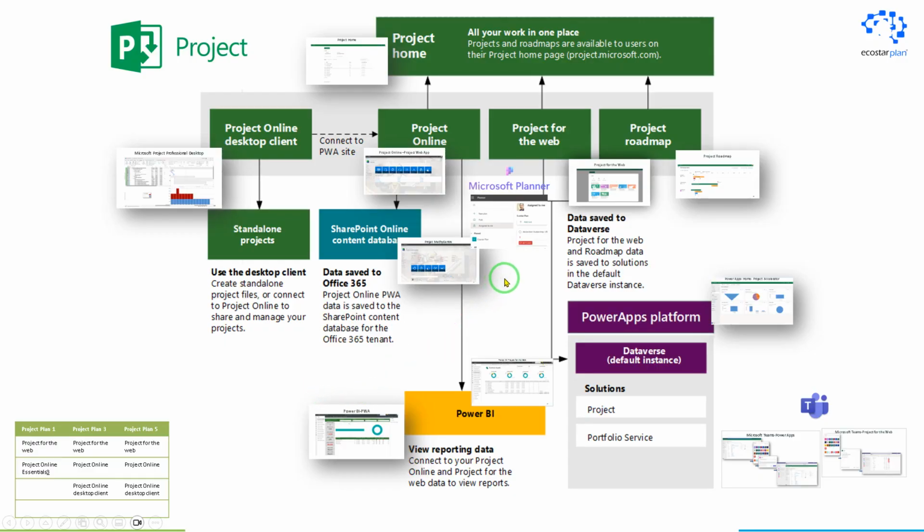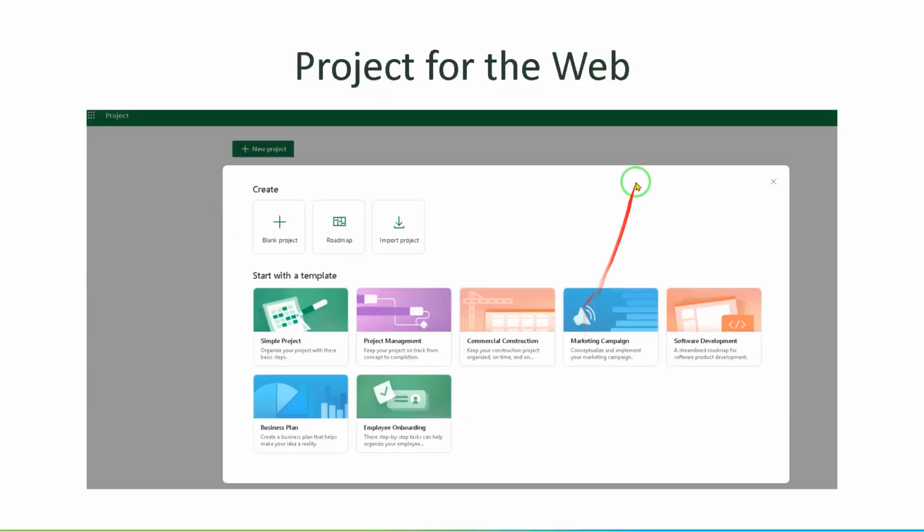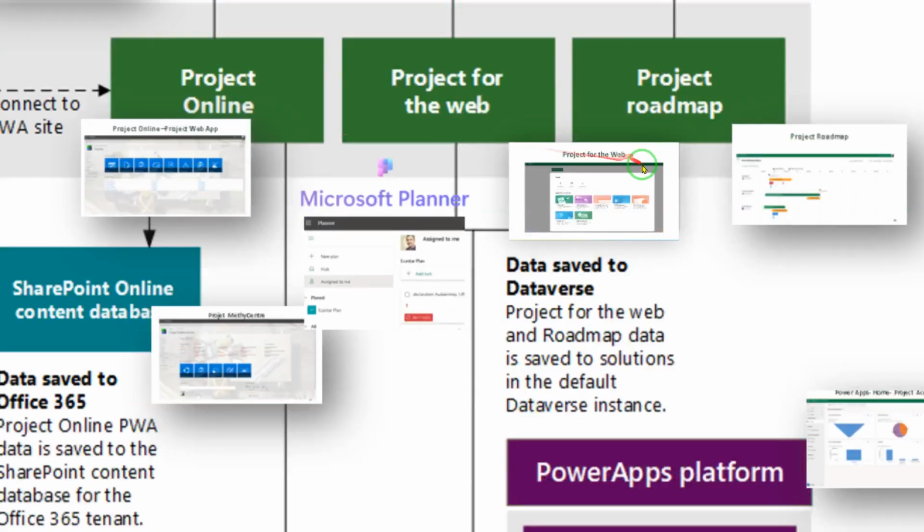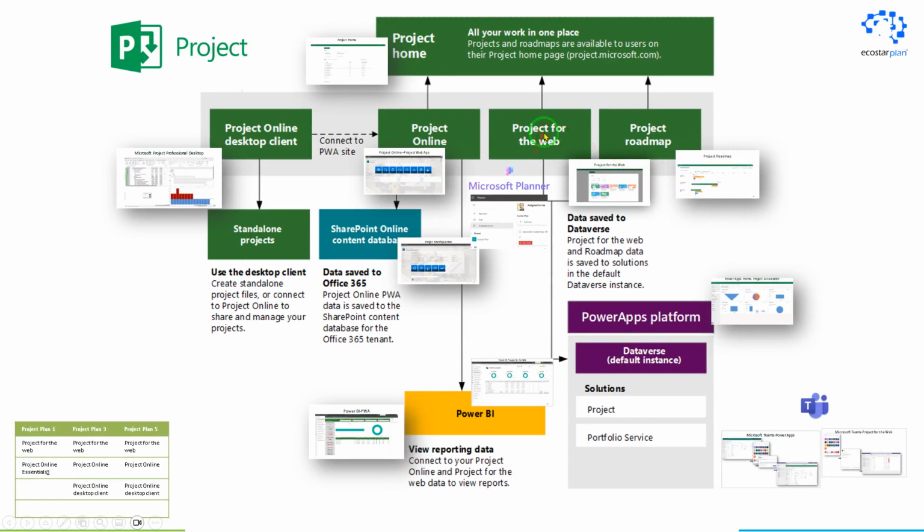Okay, now going further to Project for the Web. So what can we do with Project for the Web? First of all, Project for the Web has the data stored in Dataverse. So this is one of the big differences compared to Project Online that has the data stored in SharePoint Online. What happens is that with the new data store in Dataverse, we can have connectors within the